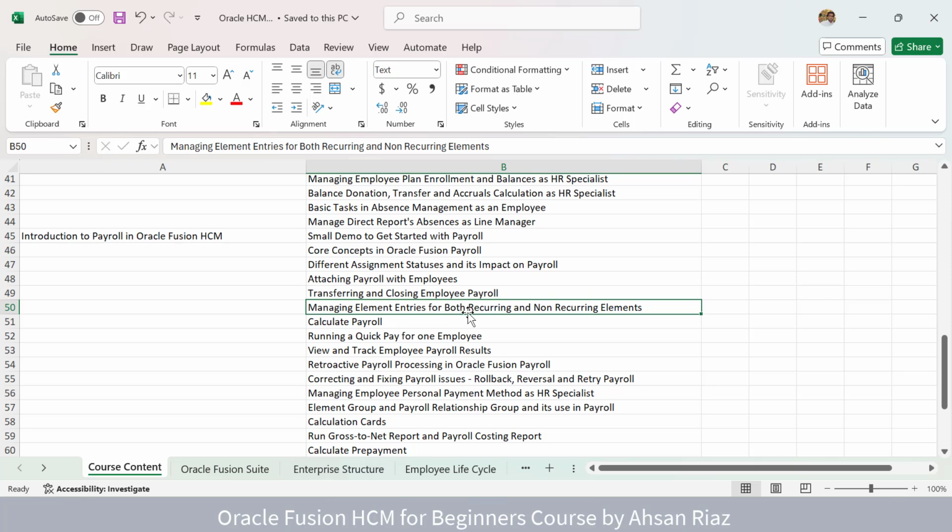I'm going to explain what element entries are, what recurring and non-recurring payments are, and how you calculate payroll. I'm going to cover the full cycle of the payroll. First you calculate the payroll, then how you run a payroll for one employee, how you run it for the batch, then you run the different kinds of reports in payroll, at which stage, which report you need to